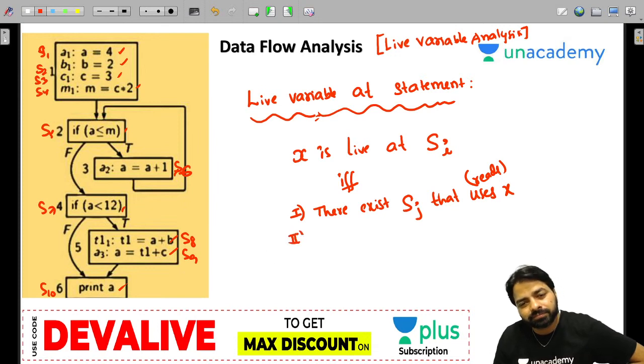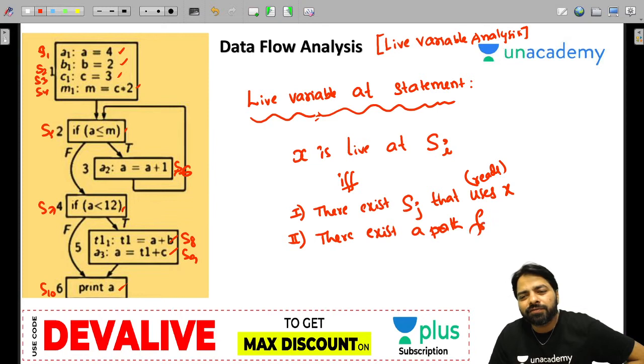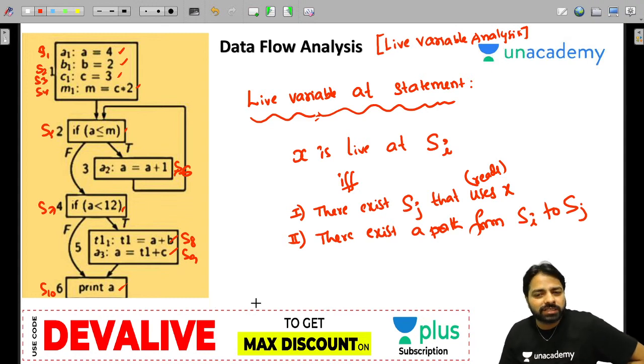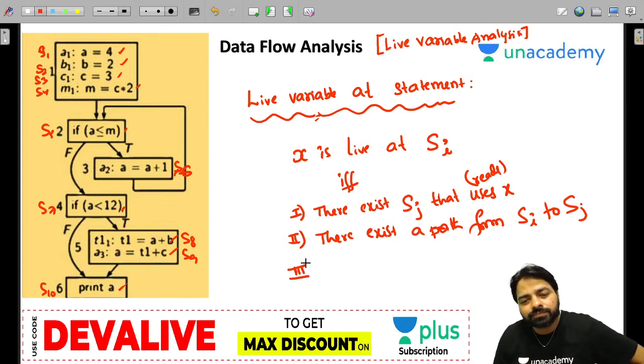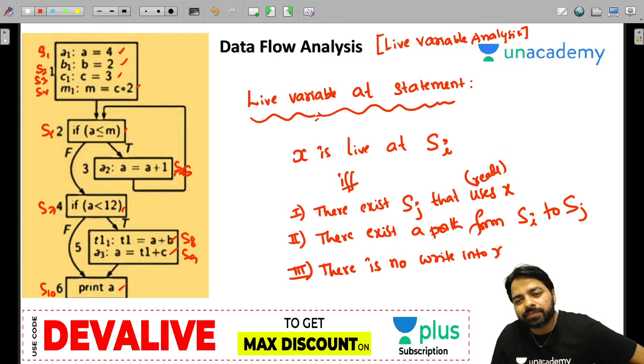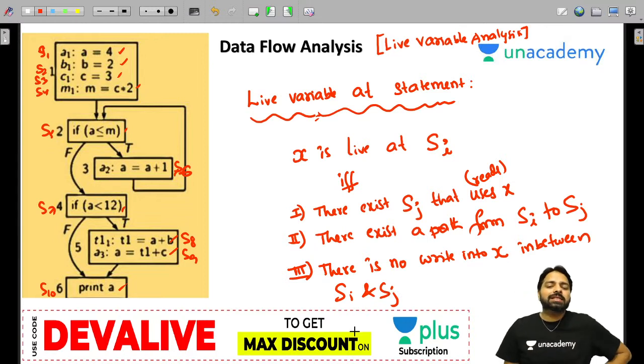Second, there exists a path, at least one path is enough. There exists a path from SI to SJ. And third one, there is no intervention, means there is no write into X in between SI and SJ, including SI and SJ.